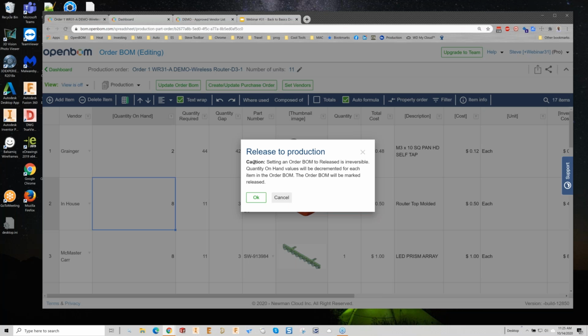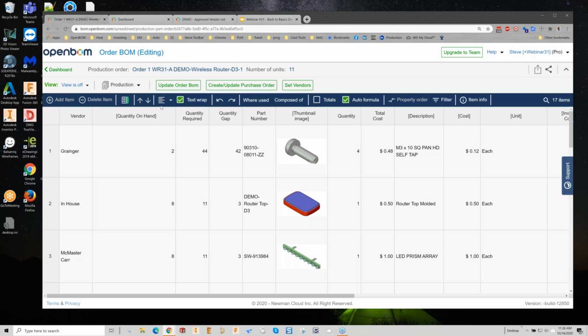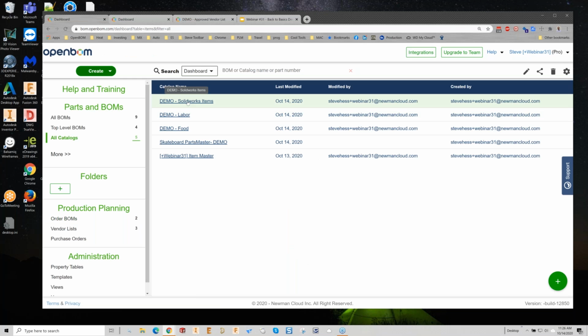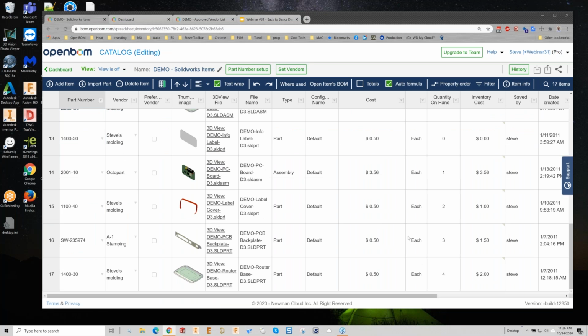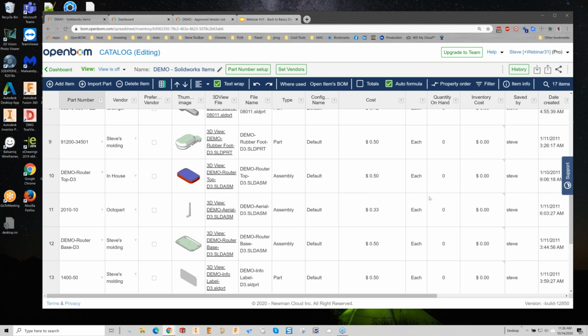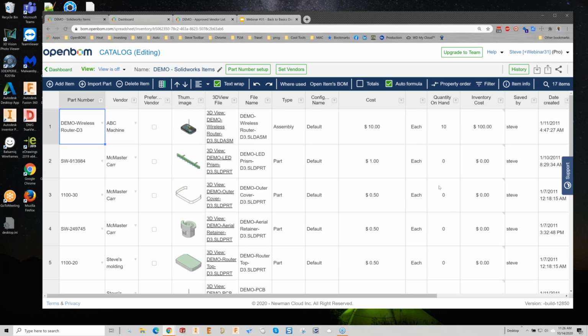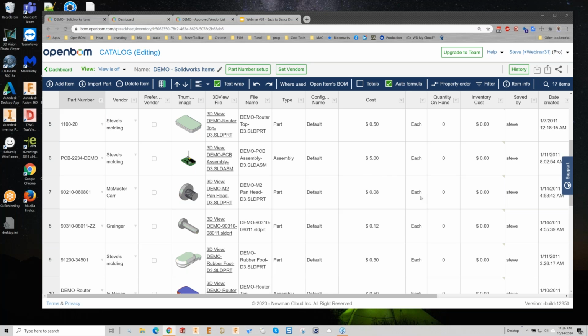You'll get a message here saying what's going to happen. Quantity on hand will be decremented. And when you do that, we will go back to that catalog and update the quantity on hand for those items. So you can see now that our numbers have dropped here quite a bit. And some of them have actually gone down to 0 because we had some gaps. So this is how you'll update your quantity on hand based on your demand that came from your first order BOM. So you released that order BOM, quantity on hand was updated,